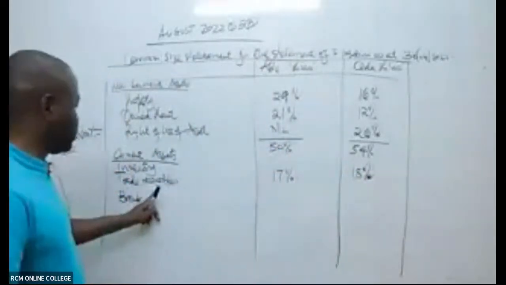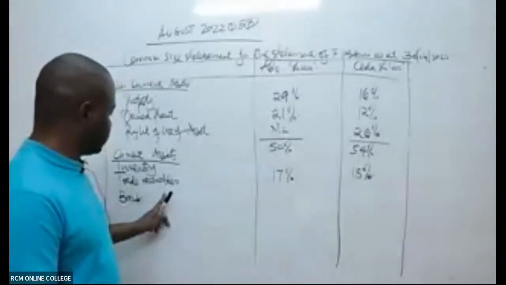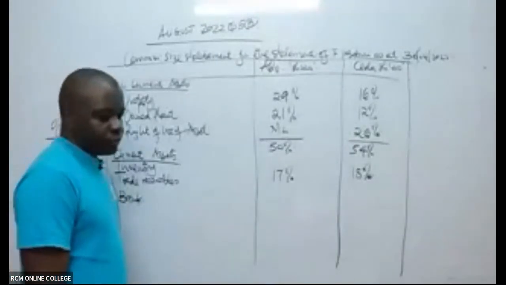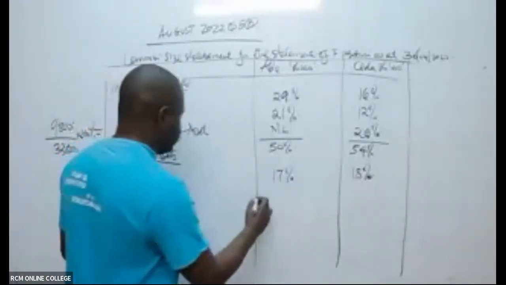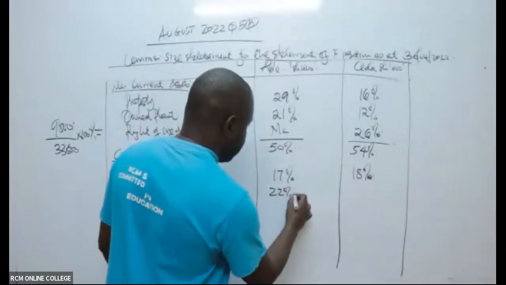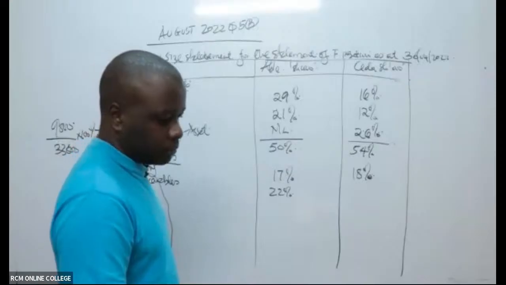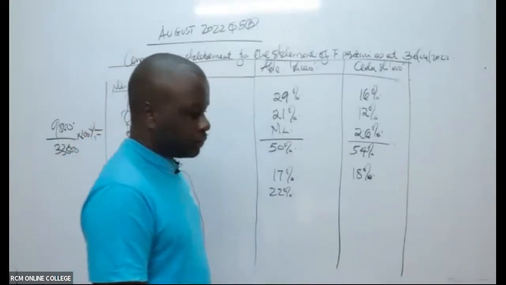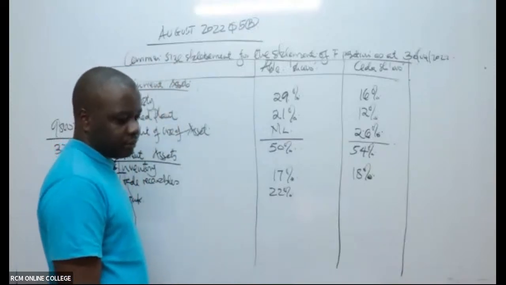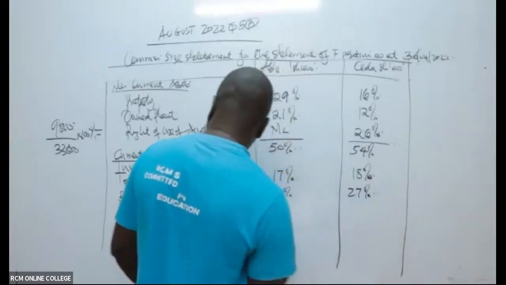And the trade receivables, 21.9, so that is 22%. What about for SEDA? 26.8, so if you round off, that is 27%. And the bank,